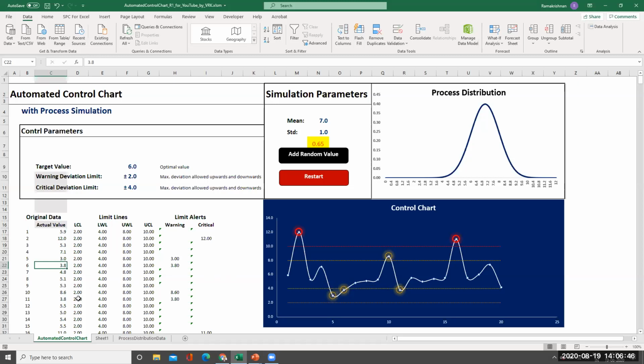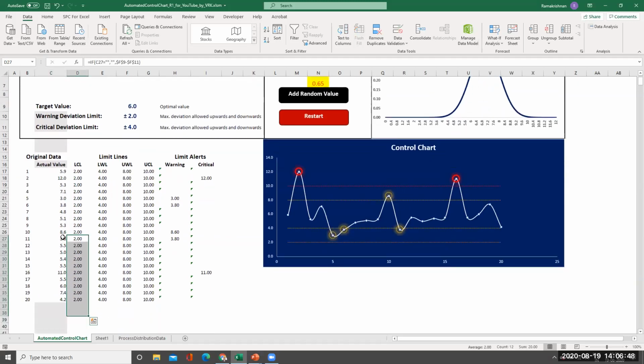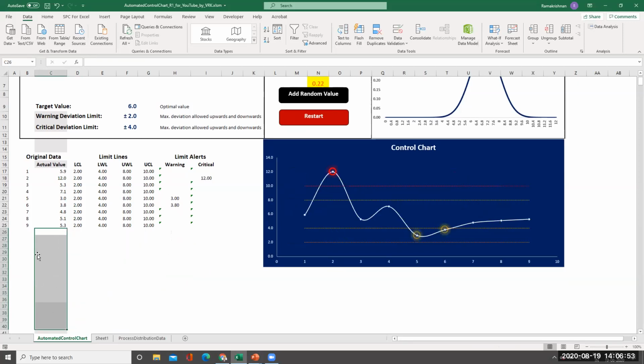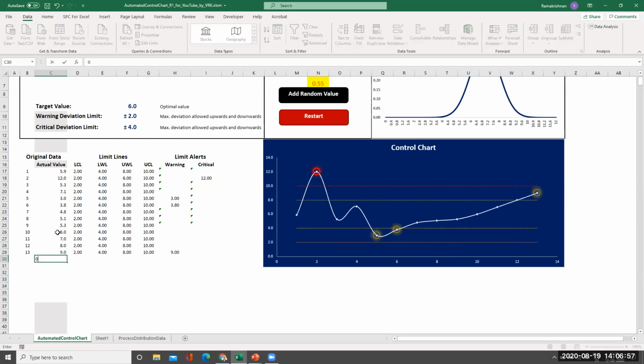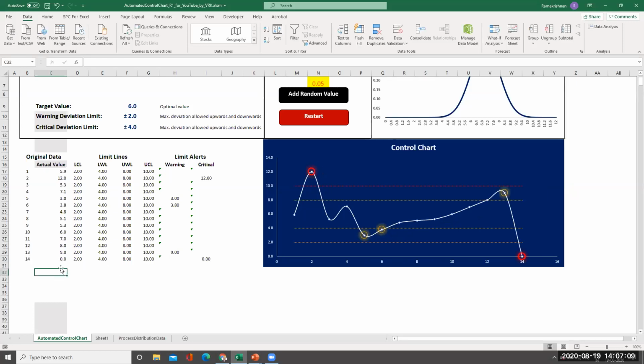Then what we do is I'll just remove these values. Okay, I'll just remove this. Should not remove values in other columns. Now, if I keep on adding, say I'll add say 6, 7, 8, 9 like that. So you can see that the chart keeps on updating. This is called dynamic chart. So as and when the dimensions are coming, we can feed in the data and the chart will be updated. That is why we call it as a dynamic control chart.